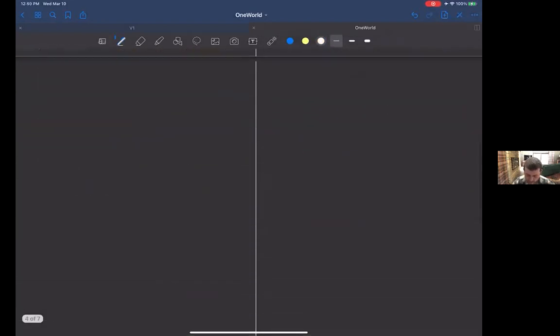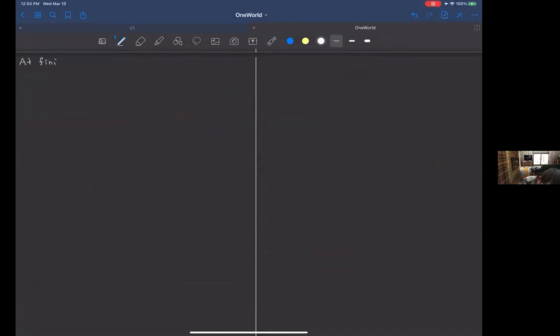Okay, so let me scroll down to a new slide and put it this way. At finite values of the network width n, maybe I'll write it like this, Z_L^{i,alpha}, the distribution of what you get at a neuron somewhere, is not Gaussian, unless you're in the first layer, unless L equals 1. And so we must consider the higher cumulants.